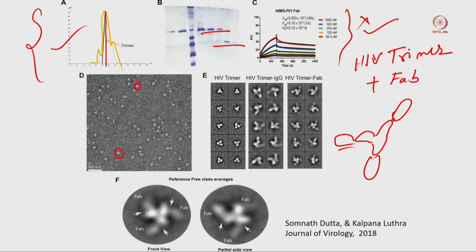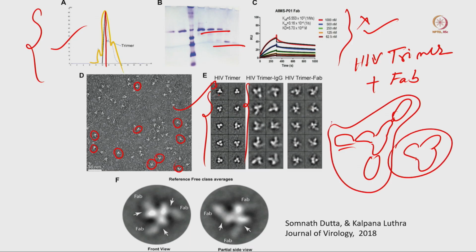Now here you can see individual HIV trimers. There are many individual HIV trimers here. In this individual trimer, this trimeric view is very clear. Now when we added the antibody, you can see the overall size is much bigger. If you consider the trimer shape, it is only this much, but when you add the antibody, the overall shape is much bigger, where you can see the overall shape of that molecule when you incubated this HIV trimer with two different antibodies.